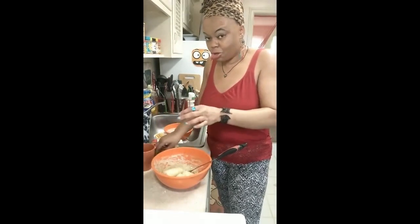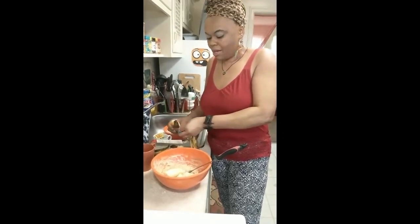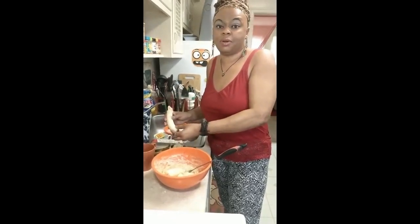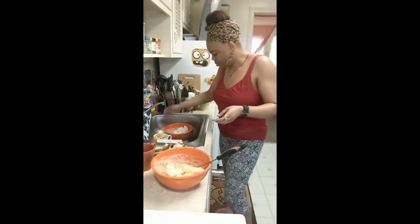I usually would use 2, but I'm cutting down on the oil. So the banana is going to help me get some of the moistness, just like you would do if you were to use applesauce or raisins in place of oil for fat. So this is going to help me